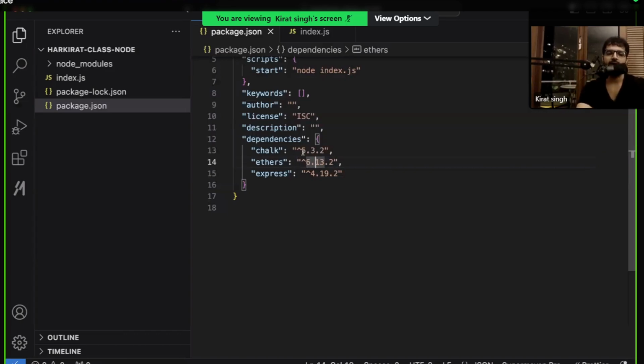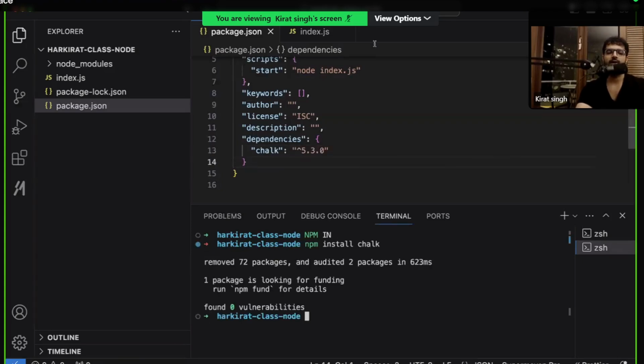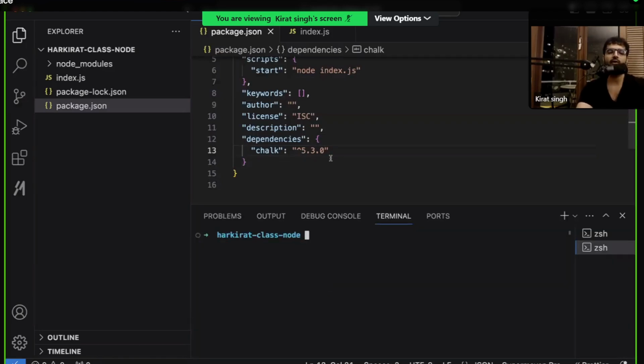I repeat, the reason this is done is, let's say today I start this project and today I run npm install Chalk. Today I get this specific version over here. Now let's say tomorrow the developer introduces a new function in 5.3.2. I would want that, right? It is backward compatible. I want the latest changes locally. But what will I do tomorrow? Will I go over here and delete this and then reinstall Chalk so that I see 5.3.2 here?